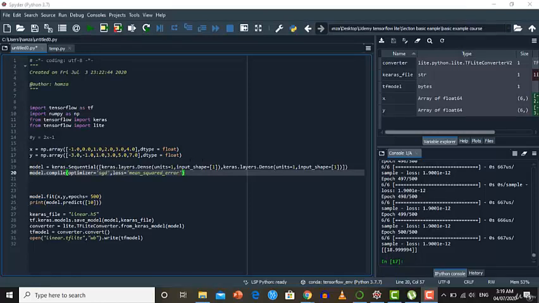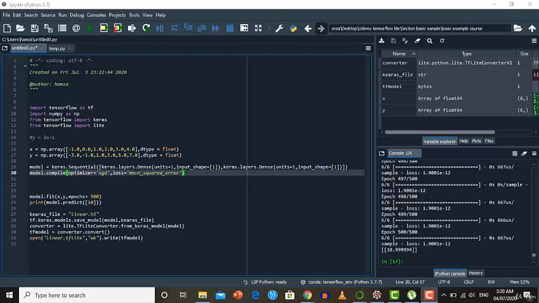Now after creating our model, we need to compile our model, and here I specified two parameters. The first one is the optimizer and the second one is the loss function. Here loss function means how much our predicted value differs from the actual value. As it's supervised machine learning, we have label data. After performing feed forwarding, we get a predicted result. Then we are going to compare this result with the actual result, and we will get a difference. We want the difference between the predicted and actual result to be minimum. So we're going to get this difference with the help of the loss function.